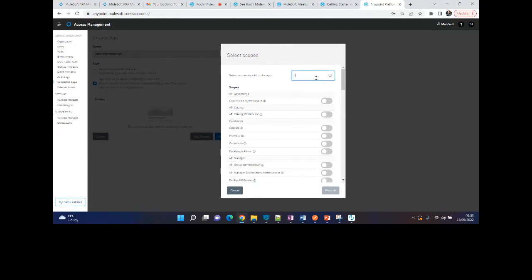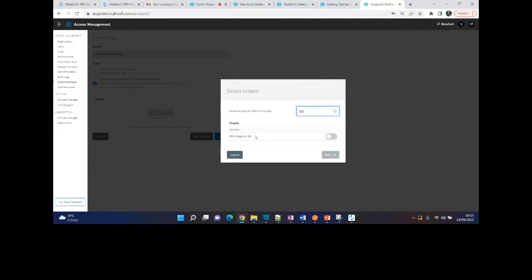Just search for RPA. You should see something like RPA integrator, and just say yes. Along with that, you can also give the exchange contributor and other roles as required, and just create a connected app.